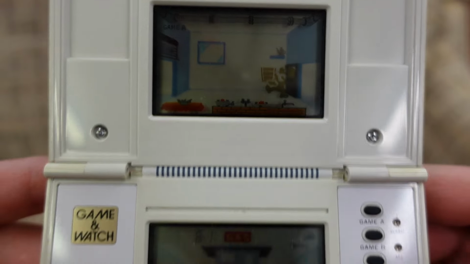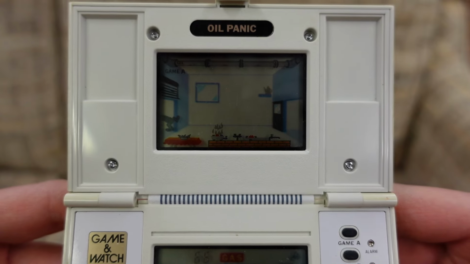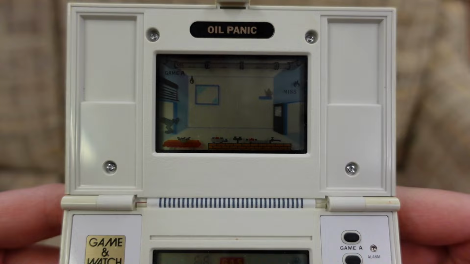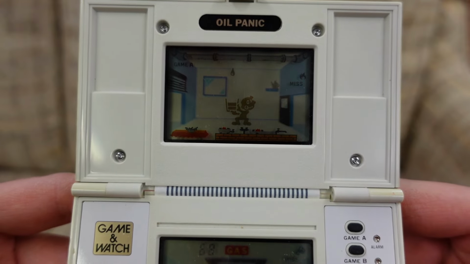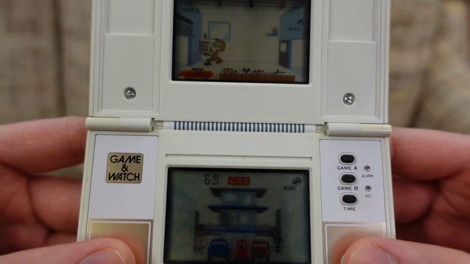Of course, double screen Game & Watch is naturally a little bit difficult to show. But yeah, see, that's a miss for the top screen, and that is listed separately from the one that we got on the bottom. Oil Panic was featured in Game & Watch Gallery 1 with both a modern and a classic mode, so definitely consider checking out that if you're looking to play some...